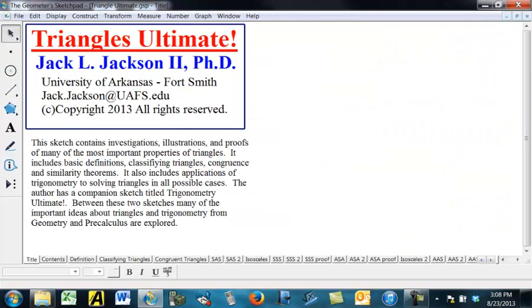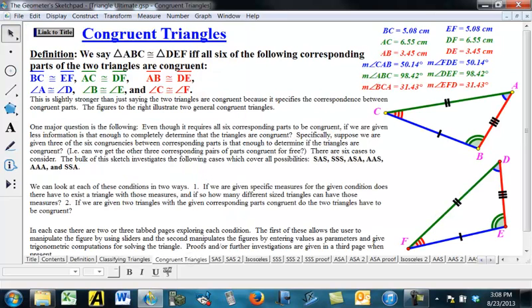This is Jack Jackson. We're going to be looking at congruent triangles. This is part of my sketch Triangles Ultimate. And so, by definition, we say a triangle ABC is congruent to triangle DEF